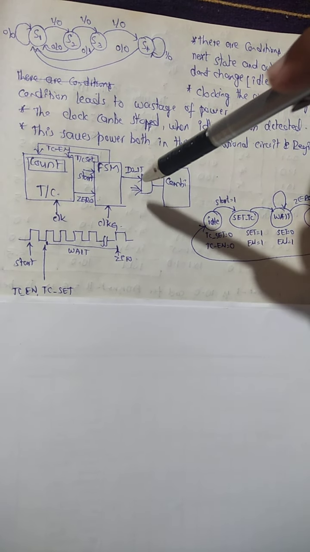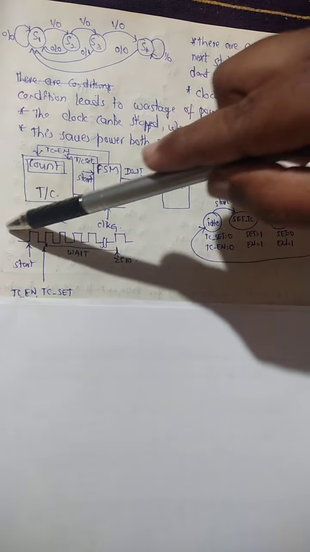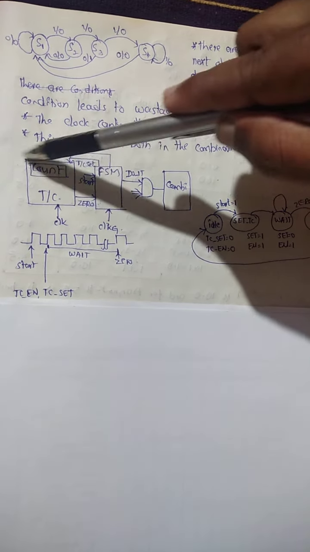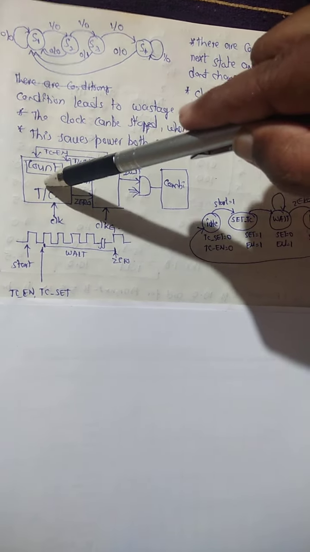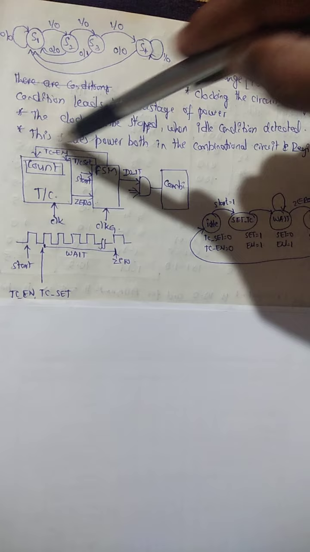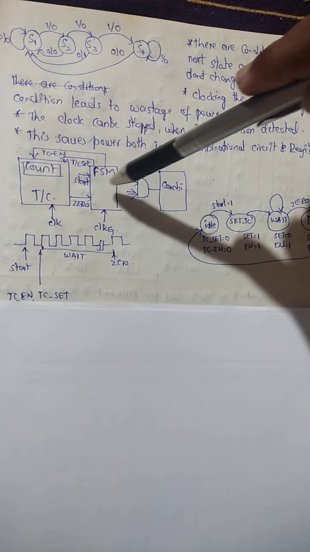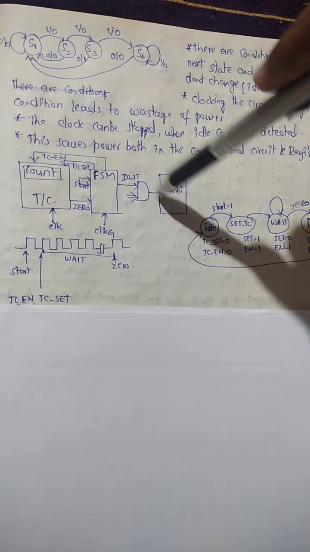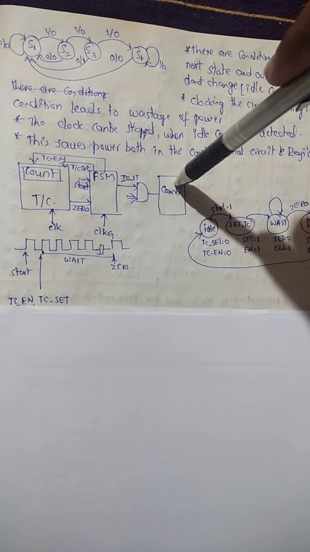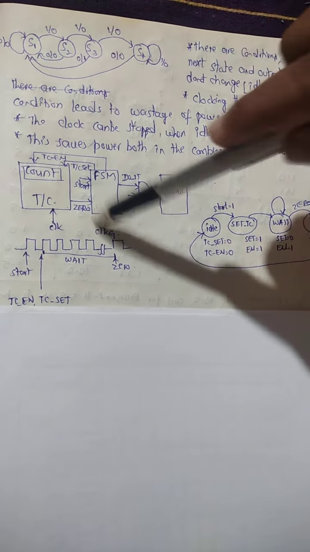Here the main part we are supposed to concentrate on is that it will take some time to do the counting process. Up to what time it does counting, the whole system has to wait. When the whole system is waiting, what does it mean? All this FSM under this gate as well as this combinational circuit is going to make use of power, which leads to power dissipation. So there will be power loss.